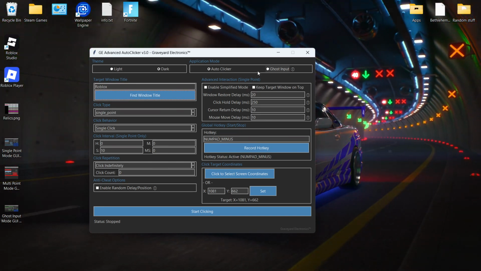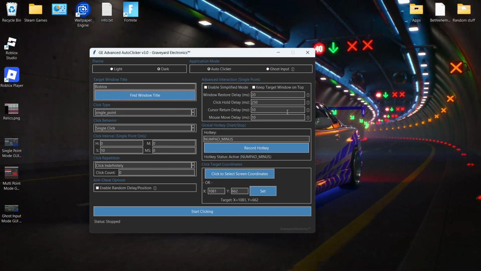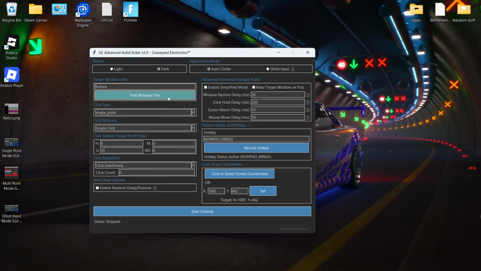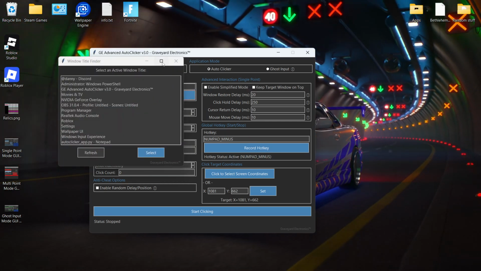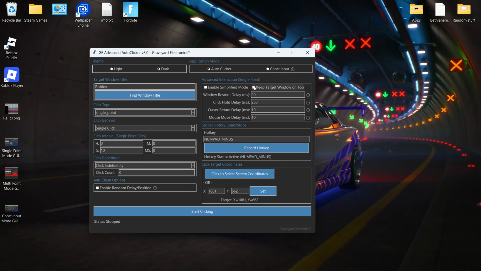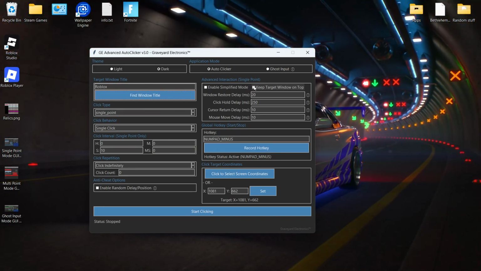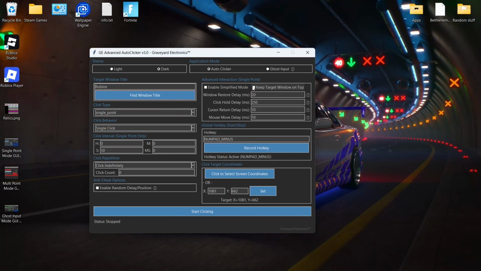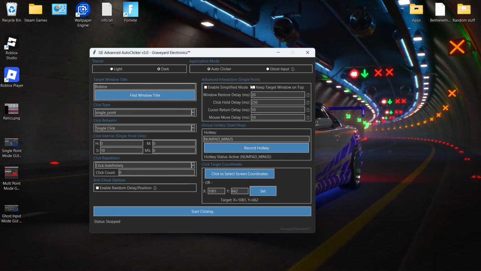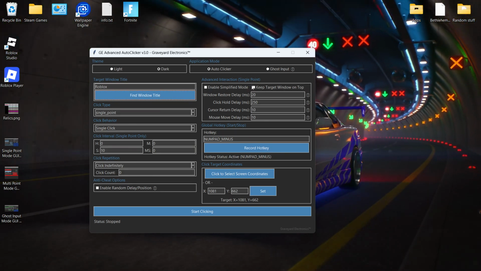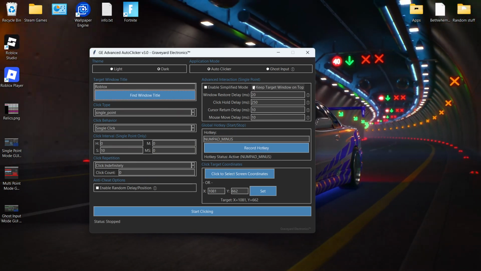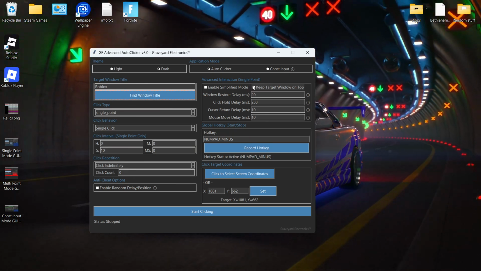And so the enable simplified mode is for when we're trying to keep it on one screen, or if for some reason the window title finder is not finding it, you can go ahead and do it that way. But if you want to make sure that your auto clicker does not get interrupted, because sometimes you get pop-ups from Windows saying, hey, you need to do an update, or anything else that would pop up a notification on your screen, and you don't want it to get in the way of your auto clicker